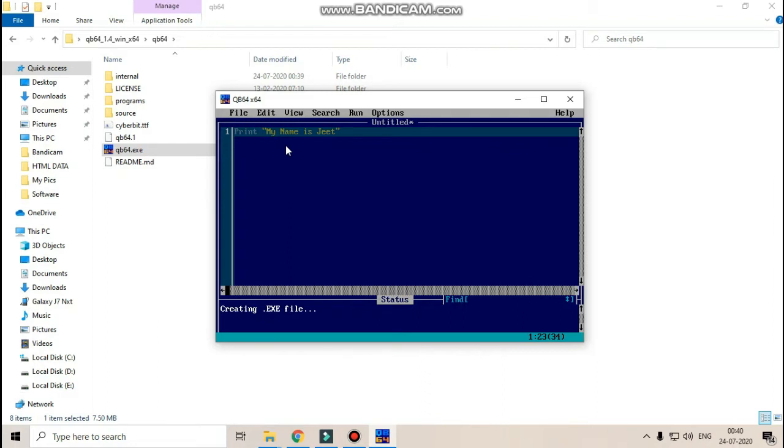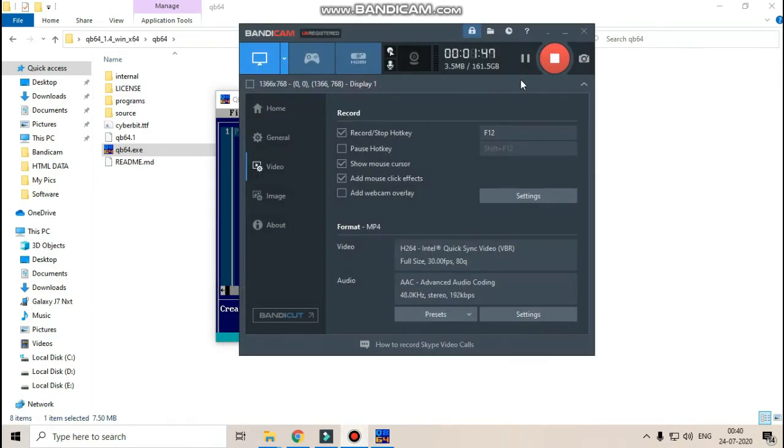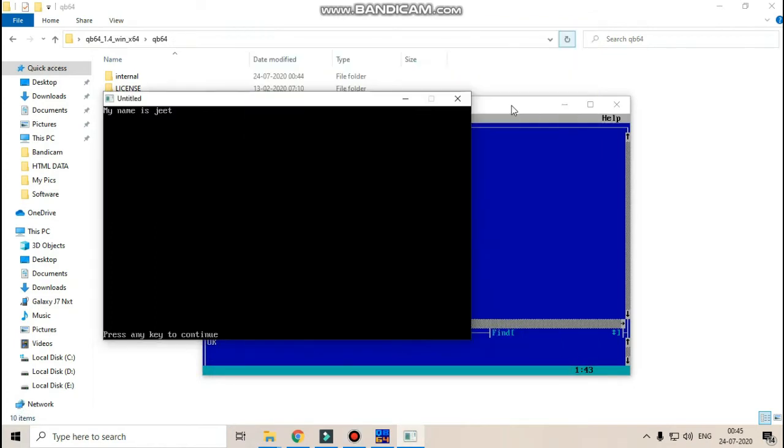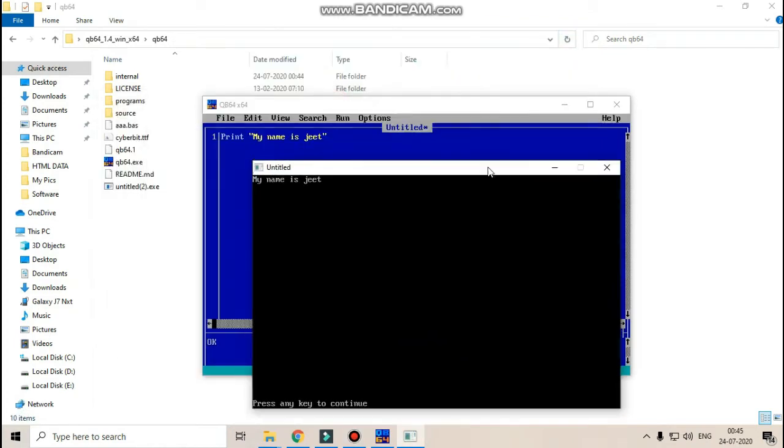You will get the output window. Wait, wait. It can come anytime.